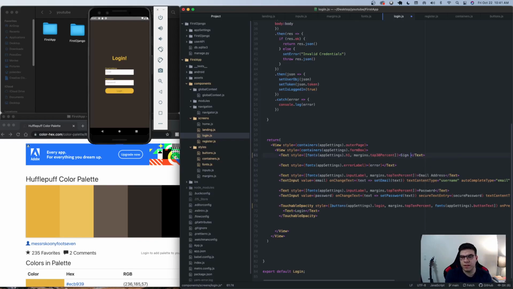You try using sign in instead. Okay, I actually like that. It's a little bit cleaner. It's got some of the rounded letters in it. It's not so boxy and square. It's clean and concise. So let's stick with that. And then